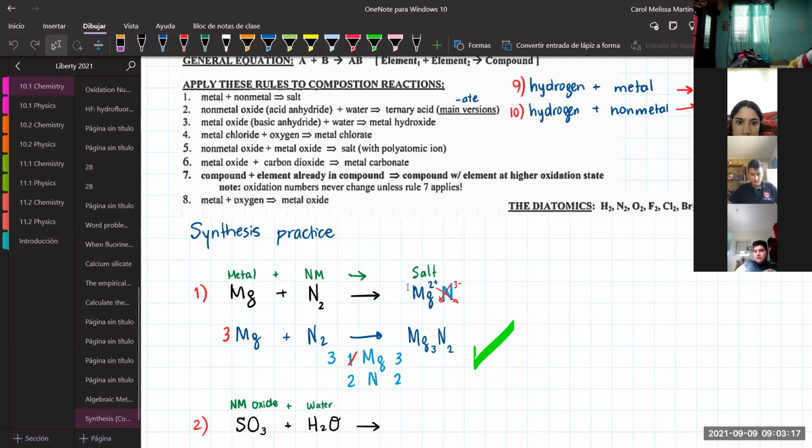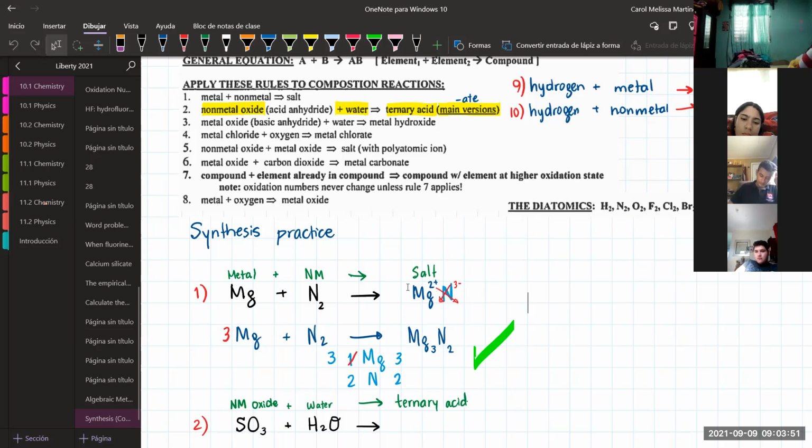The second rule says non-metal oxide plus water produces a ternary acid, and then it says the main versions of the ternary acid. And you might be wondering, Miss, what? I mean, you never taught us about ternary acids. You just told us about binary and polyatomic acids or oxyacids. It says that it produces a ternary acid,